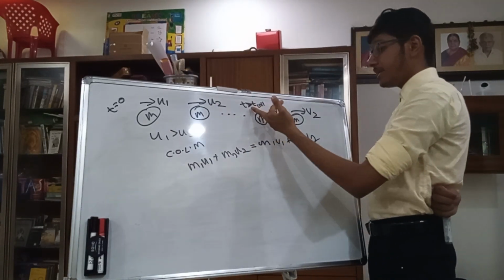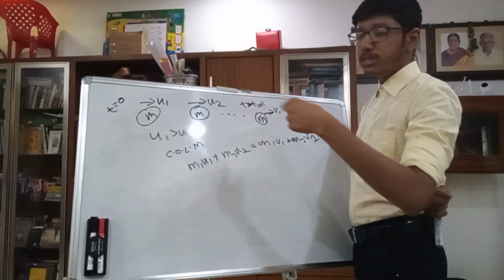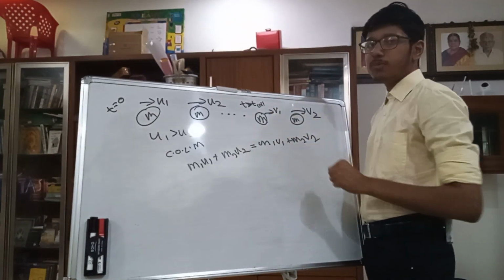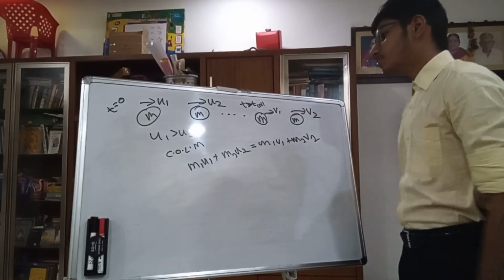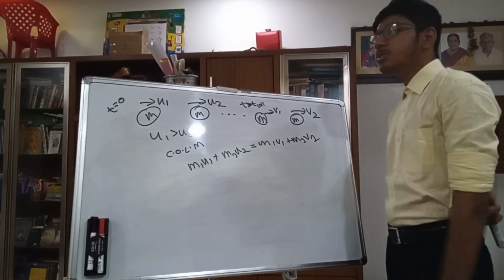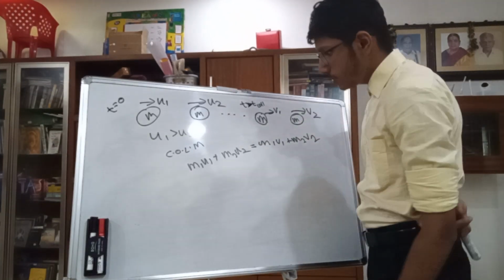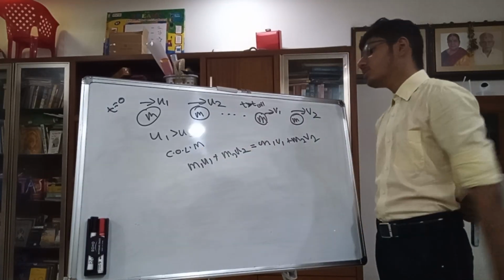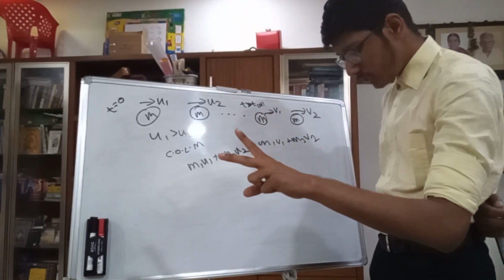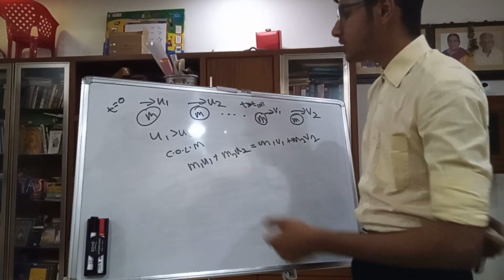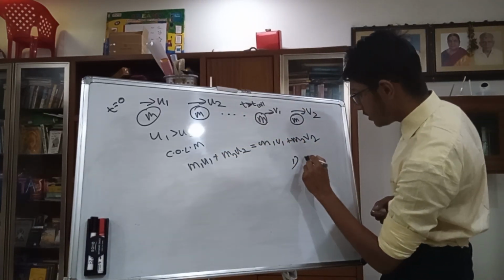So t must be greater than t collision. During the collision time, v1 and v2 are not possible; after collision, v1 and v2 will be there. During the time of collision, normal reaction will be there. By conserving linear momentum we got this relation. There are three types of collision: elastic collision, inelastic collision, and perfectly inelastic collision. The first type is elastic,